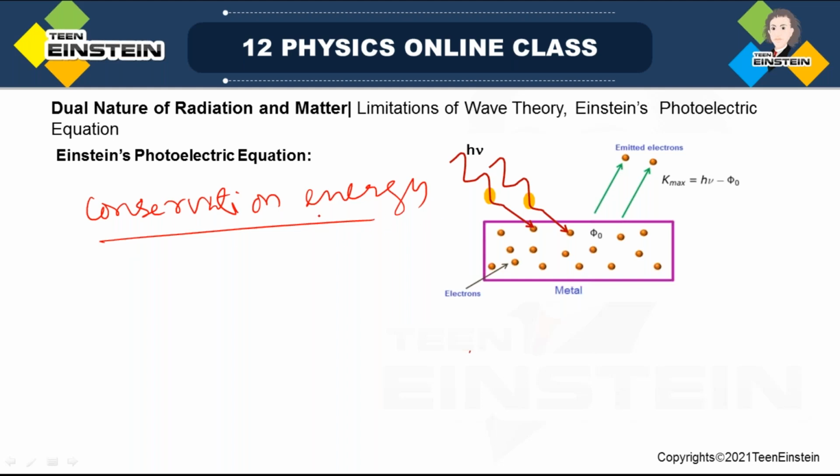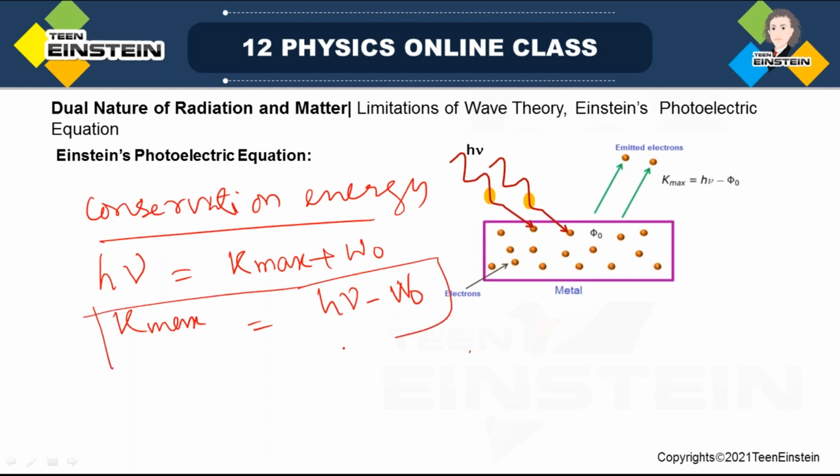So look here, the h nu is spent in two ways. One is giving the maximum kinetic energy, and the other is supplying the work function. So K max will be